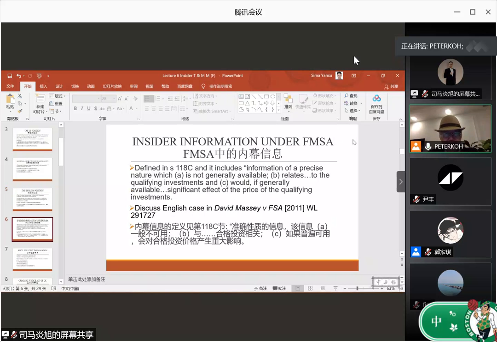So, the next slide. Now, still in England, insider information under FSMA, and right? Now, this is the Financial Services and Markets Act, which is a statutory legislation, right? It is defined in 118C. It includes information of a precise nature, which is not generally available, right? So it is not for the public. 2, it relates to the qualifying investment, the particular stocks, would, if generally available,